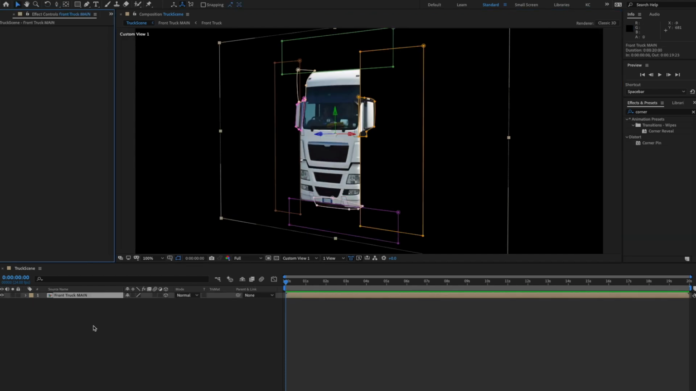Okay, so for the next part, I'm going to be as efficient as I can here. I'm going to duplicate this pre-comp to get the other planes, including the side of this cab and the blue main load of the truck here. So what I'll do is I'm going to duplicate this